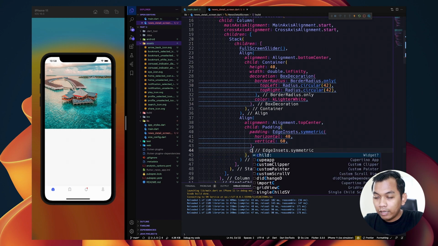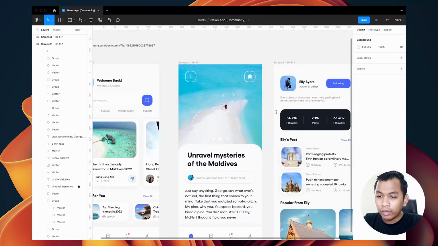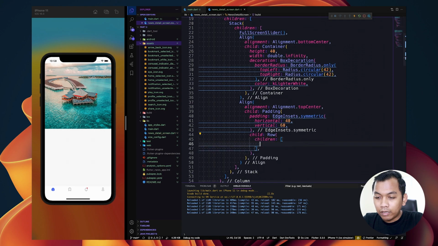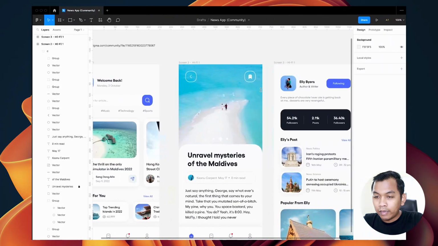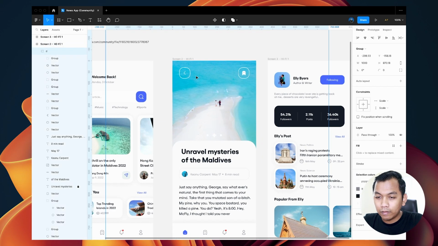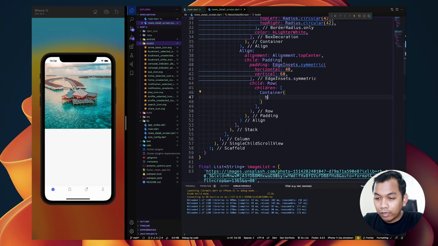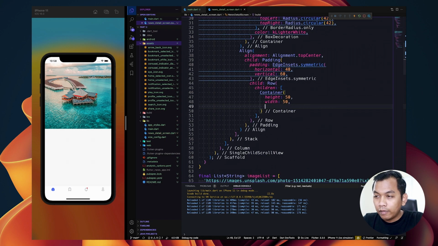And for the child, we will give a row widget, because we will have two icons here. And for the children, let's say container, and we will have 50 for the height and 50 again for the width.